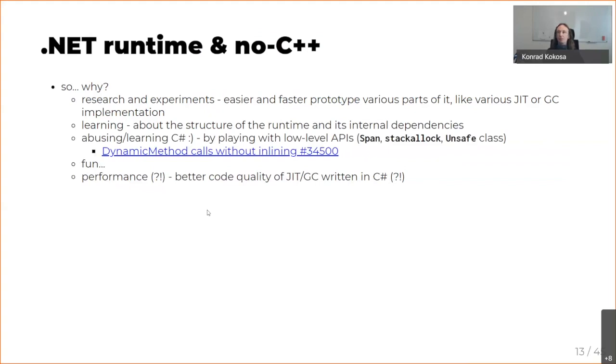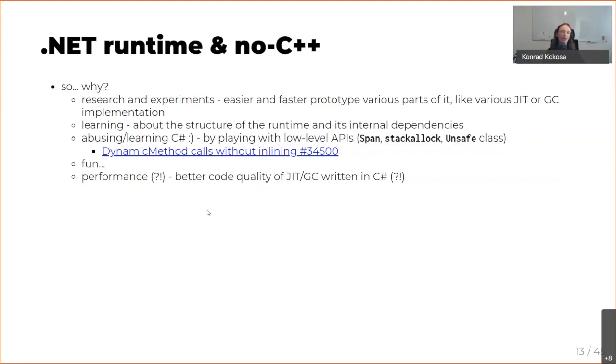You can, for example, write your own GC or just fine-tune some parts of the current GC or the current JIT. Obviously, for me personally, it is also for learning, so I can learn a lot about the structure of the runtime and its internal dependencies, which I can then teach about. So it is a dual benefit for everyone.